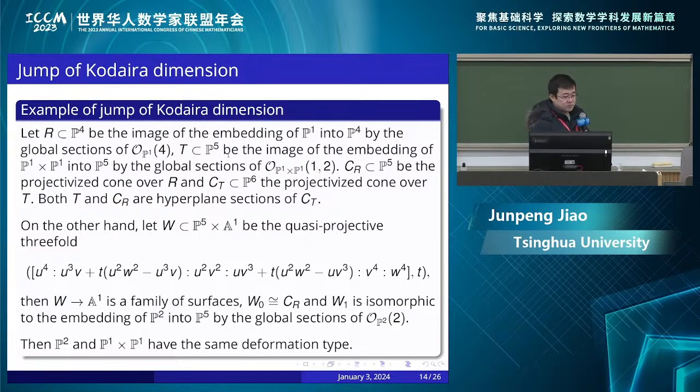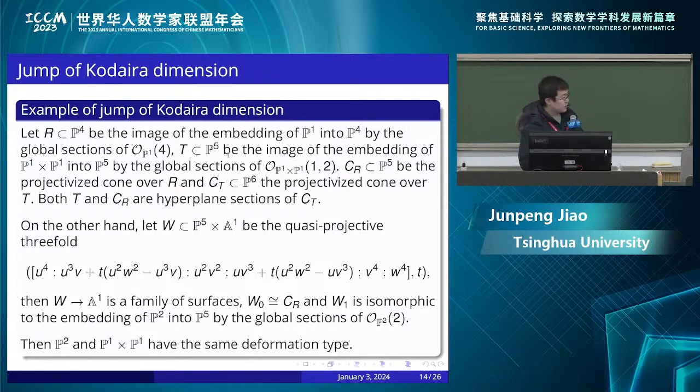Let CR be the projectivized cone over R, and CT be the projectivized cone over T. Then one can show that both T and CR are hyperplane sections of this CT. In particular, there is a family of surfaces, because they are both hyperplane sections, so we can deform T into CR. On the other hand, we define W to be the following